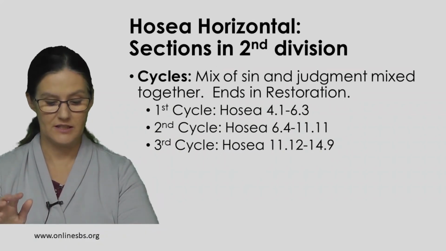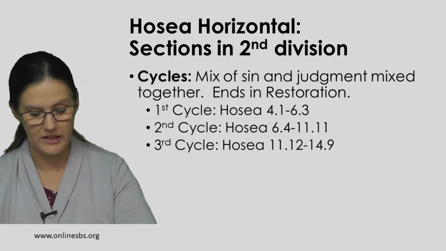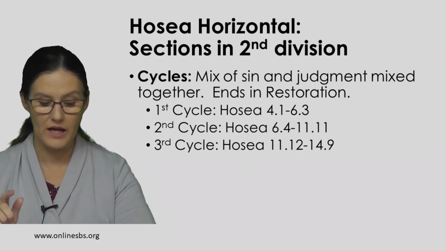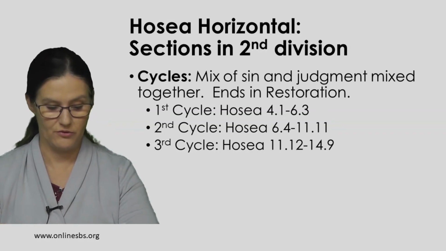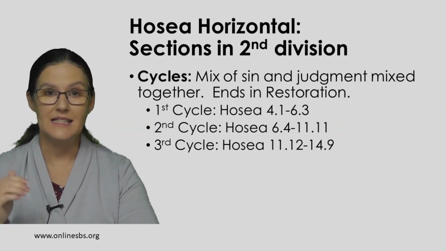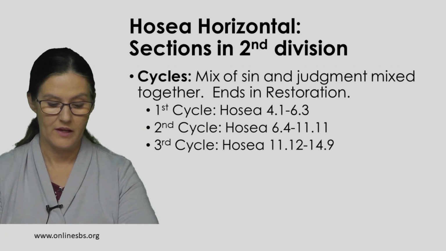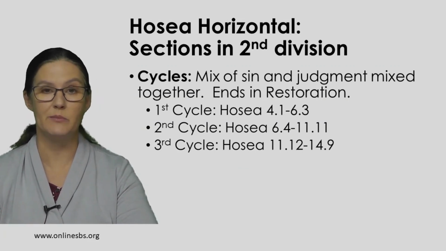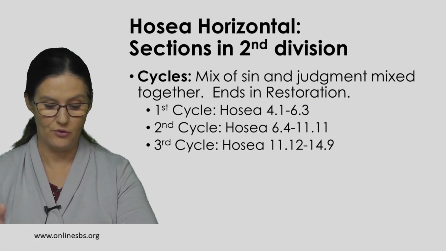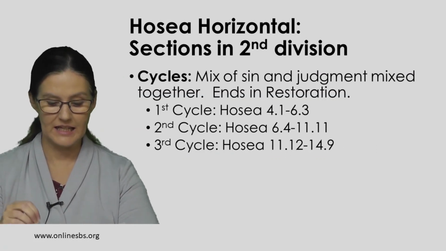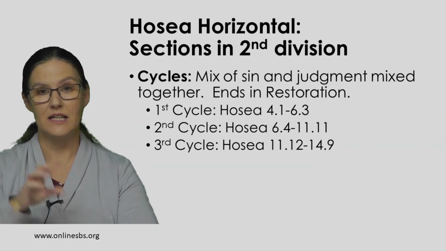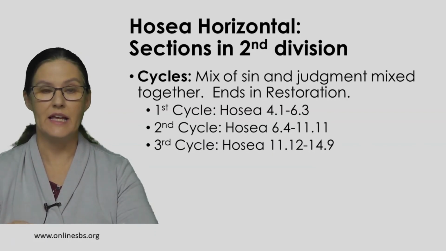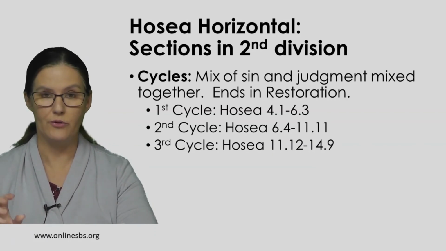So the first section is from Hosea chapter 4 verse 1 through chapter 6 verse 3. Now in the second cycle, the next time you see restoration mentioned, it would be in Hosea chapter 11, verse 8 through 11. So the second section, or the second cycle, is Hosea chapter 6, verse 4 through chapter 11,